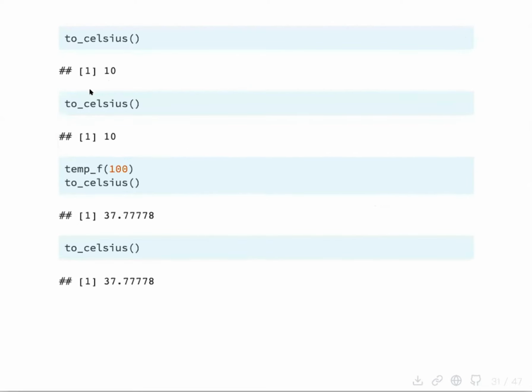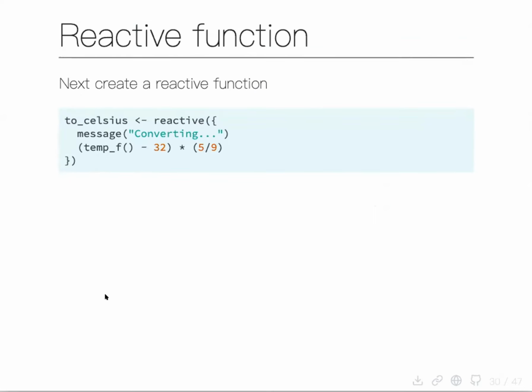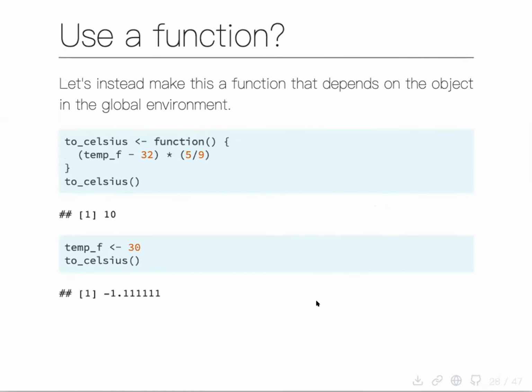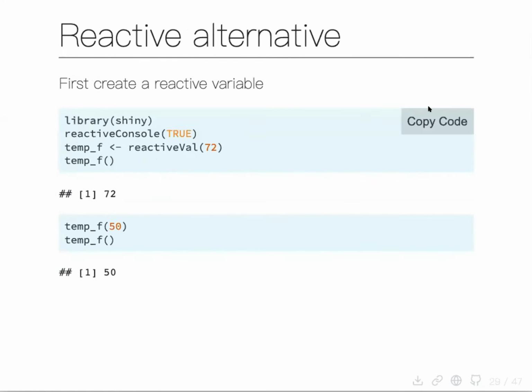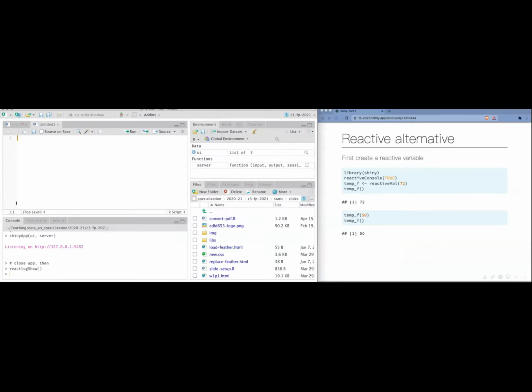Okay, so here's toCelsius. It says 10. Oh, I must have had message set to false here. Shoot. Let me go back here because I want to show you this. I think it's fairly important. Okay, so I'm going to copy this, switch my share again. Okay, so let me go Session, Restart R, clear all this, library(shiny), reactiveConsole(TRUE),